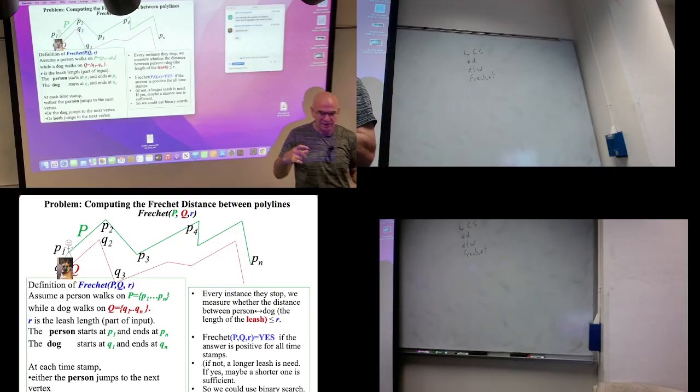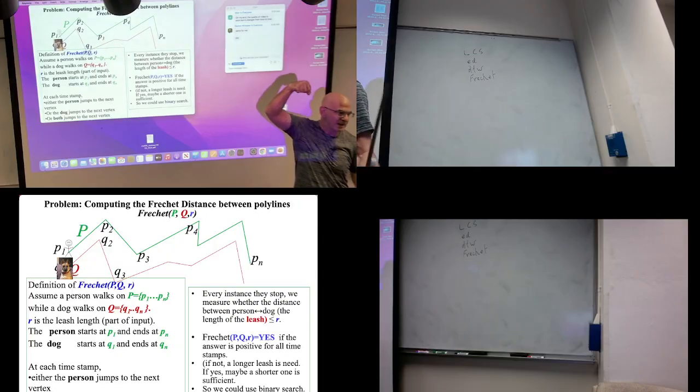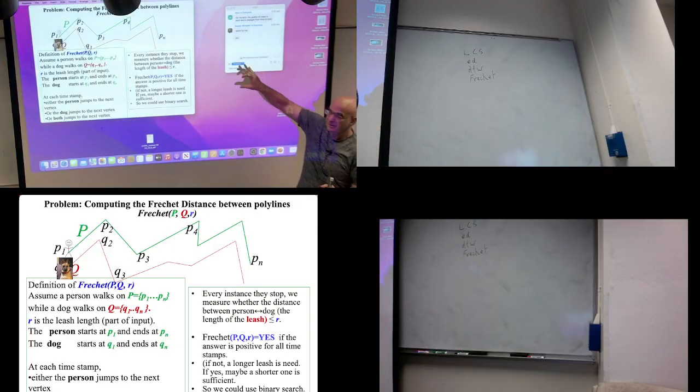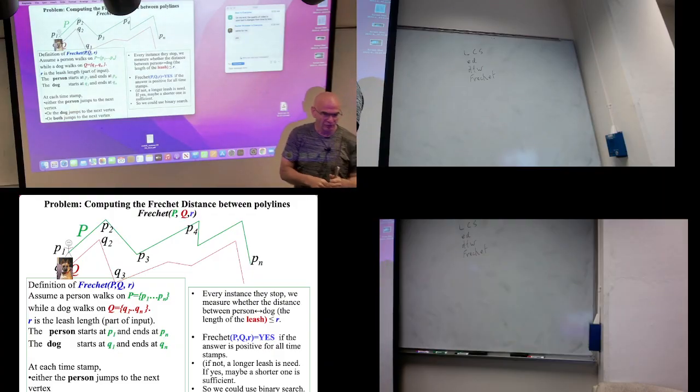Frechet doesn't ask about the overall sum of the length of the leash, it asks what is the maximum. Can I actually do the whole path? What I want to do is to find the smallest length of a leash for which I